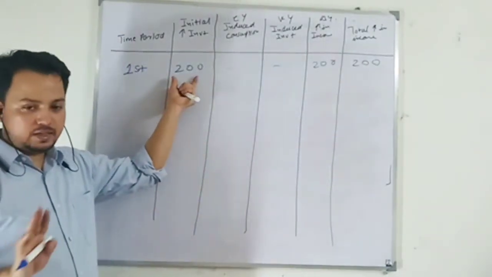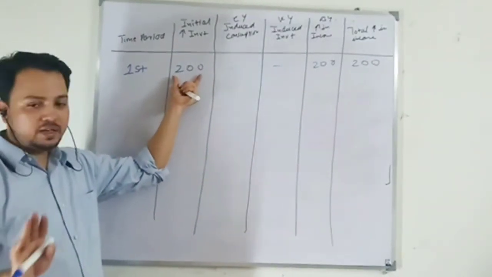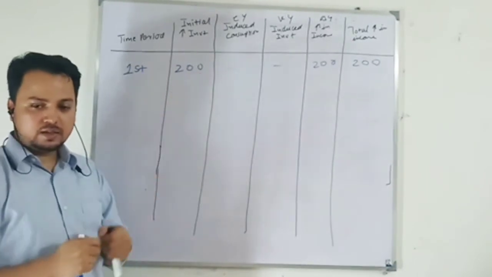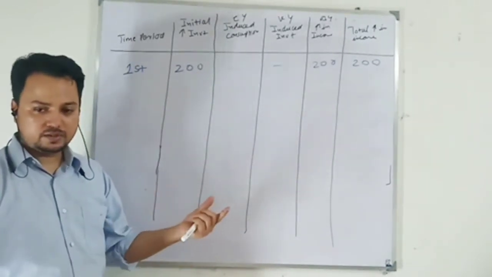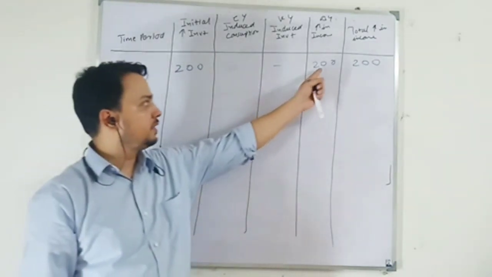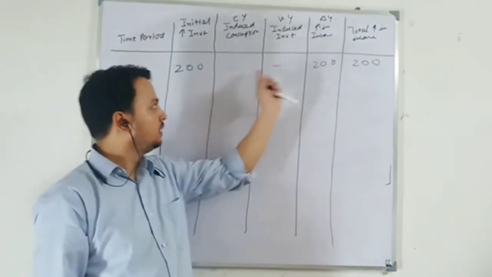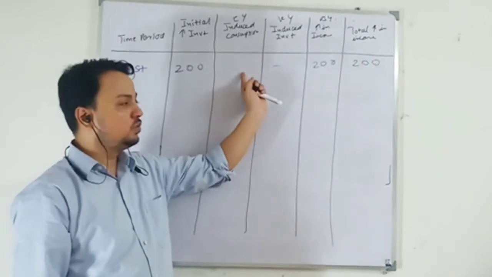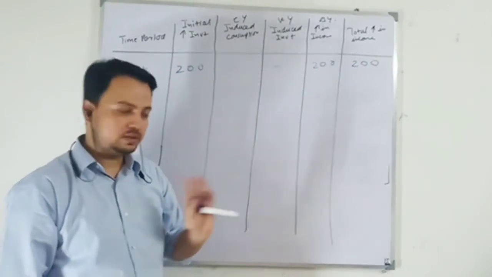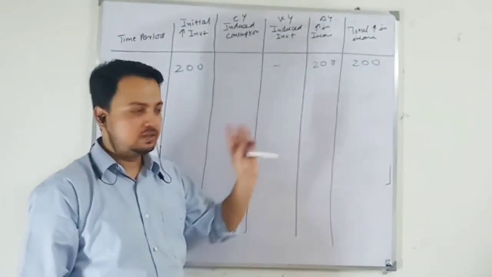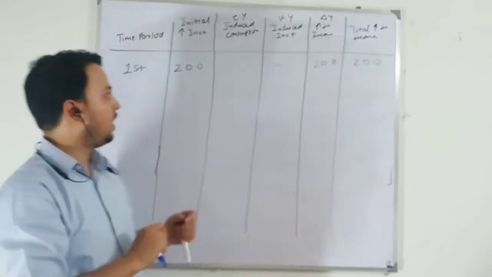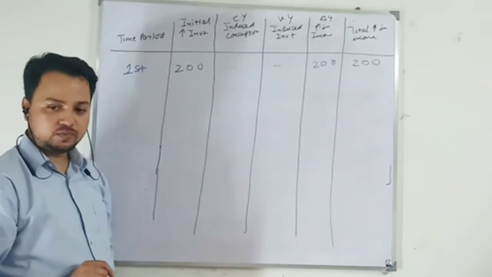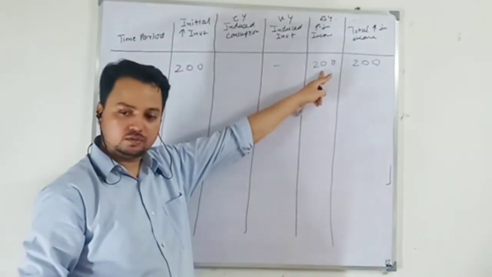So there is one correction. When you make initial investment, that investment goes into the production process. A machine needs to be made, then money income will be generated. So in the first period there is no induced consumption, no induced investment. When your income increases, this income, the thing that I explained, will become part of your induced consumption. Now this income will be distributed, so this will remain the same.